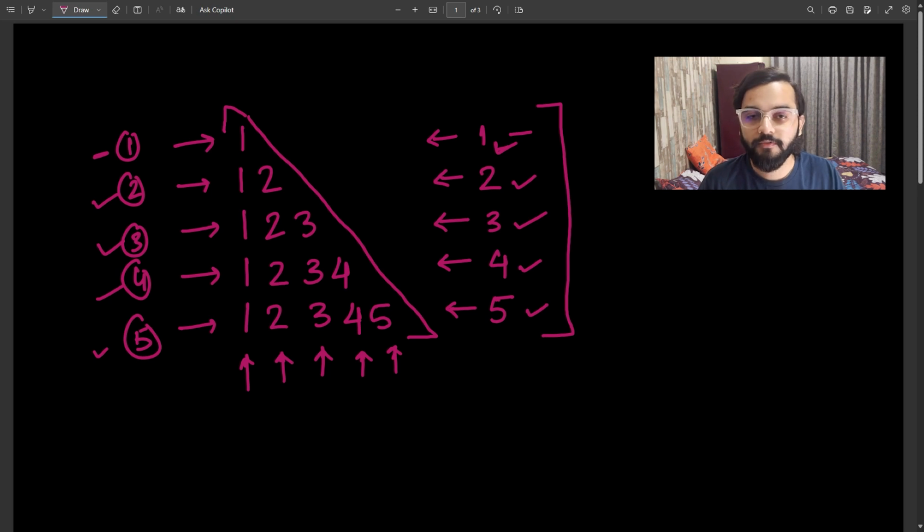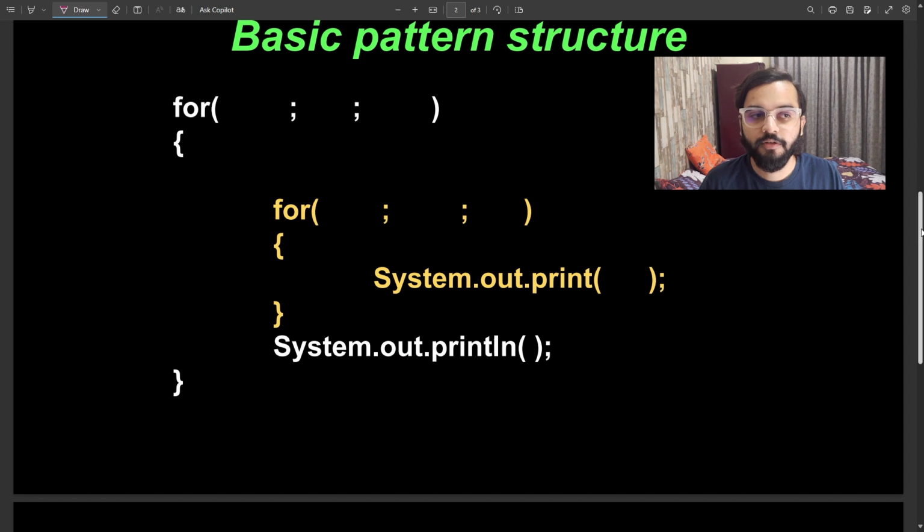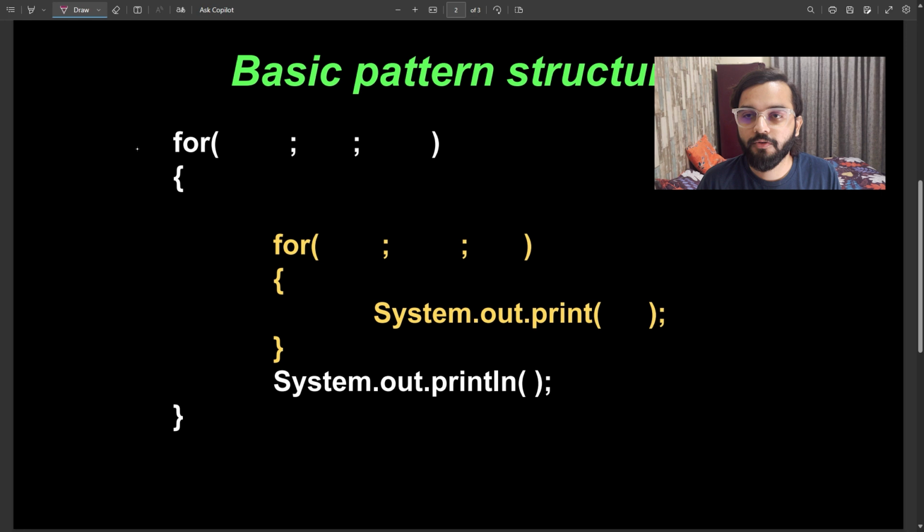I have already discussed with you all what the basic structure of a pattern program is. We already know that the very first, or I can say the outermost loop, represents rows, how many rows we want in our pattern, and the innermost loop represents how many columns we need in our pattern program.